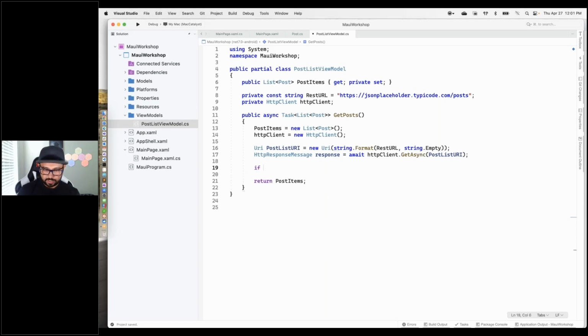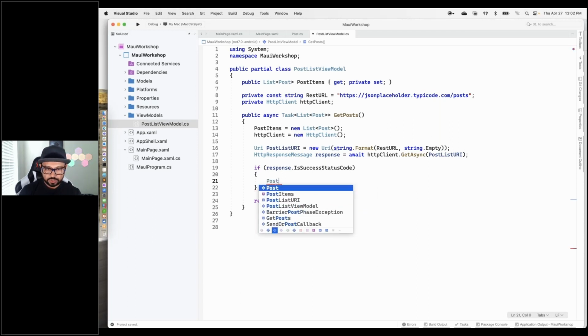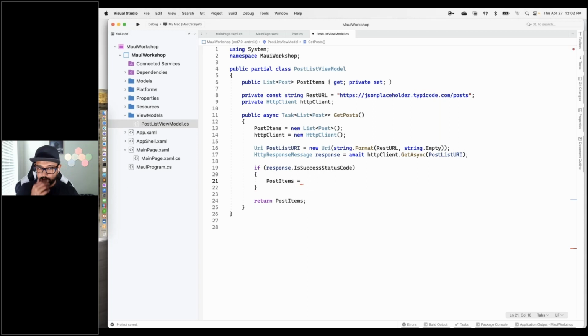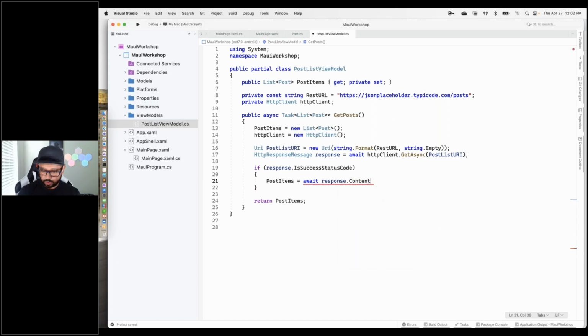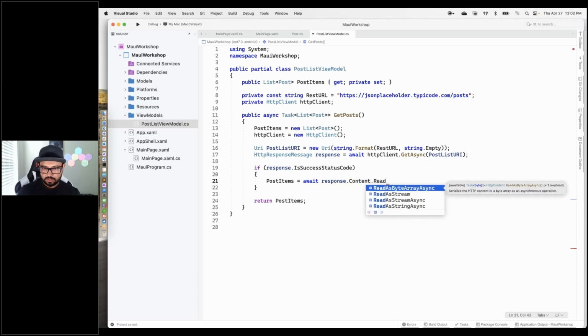And now once we have done that, we can say if my response, I think there's a status, what is it called? I'm forgetting, IsSuccessStatusCode, which means it's not a 404 or 200, something like that. So now we have a response. So let's do post items equals. Now we are going to depend on the JSON deserialization to work out the way it is. So we'll do an await, and we'll say response dot content of the response, because that's the body of the response, and then read from